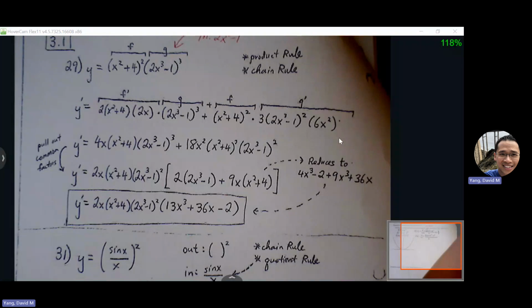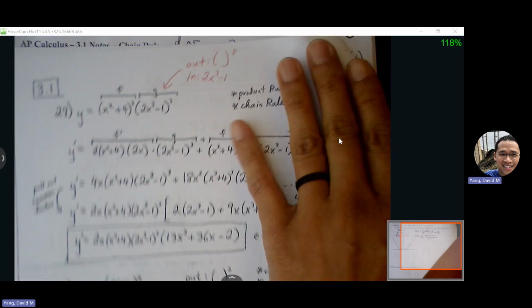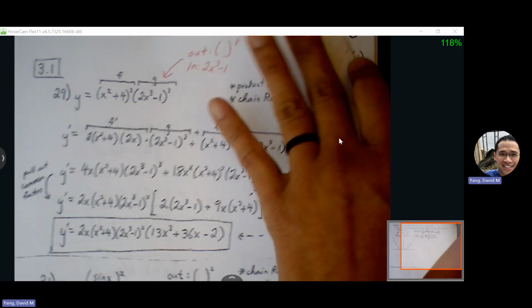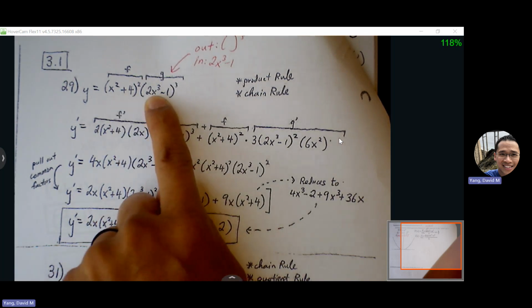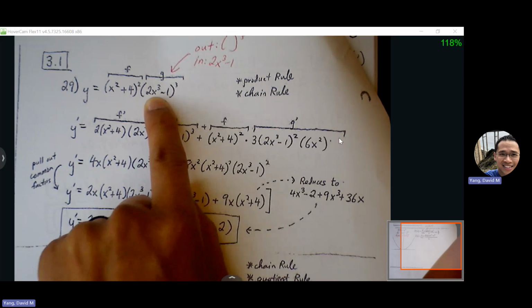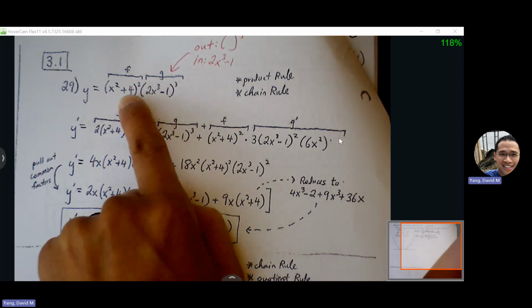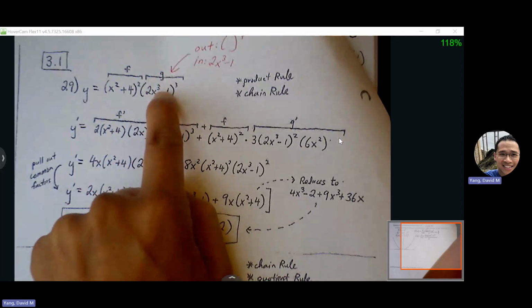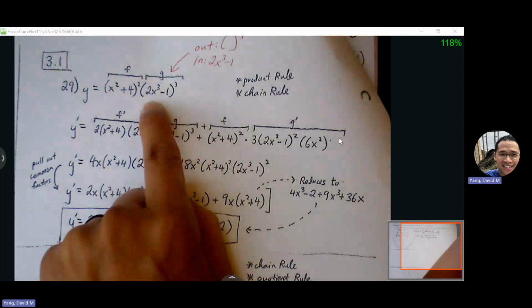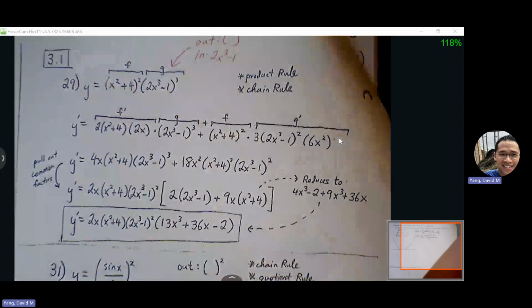Let me go over one of the homework problems where there's a combination of product rule and chain rule. So this is number 29 from your homework. We could get away without having to go through product rule and chain rule. You could FOIL all this out, but we really want to practice our ability to use product rule